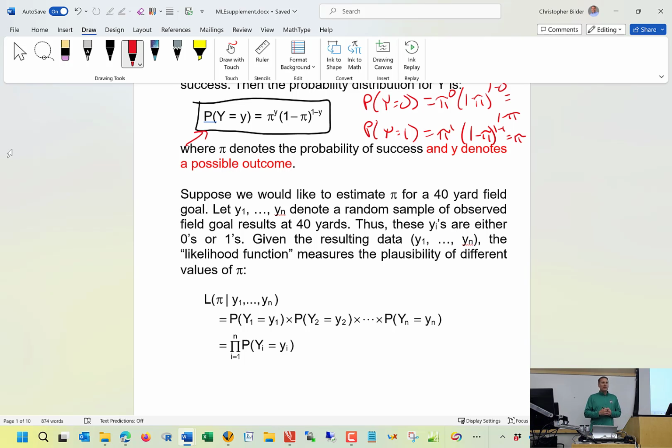Perhaps did anybody go to the game last Saturday? You didn't miss much. The best part of the game was actually, I think it was in the first quarter when there was like a TV timeout. So the teams are off the field, and so always in the first quarter they have this contest where, let's say, a randomly chosen fan comes down on the field and they try a field goal, and if they make it, they win $5,000. And the guy made it. That was like the best part of the game. And so I don't know, maybe he was using statistics to try to figure out how best to kick that field goal. And so anyway,